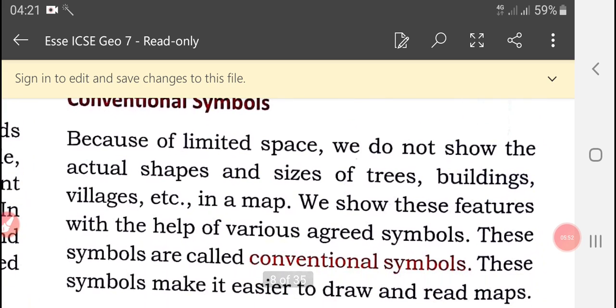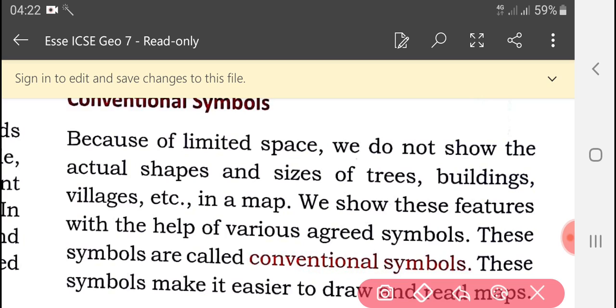Conventional symbols. Because of limited space, we do not show the actual shape. When we draw a map, we have limited space, but we have to show more details. So we have only one way, by using some symbols.